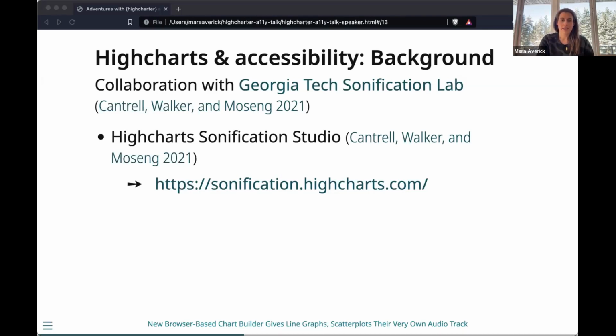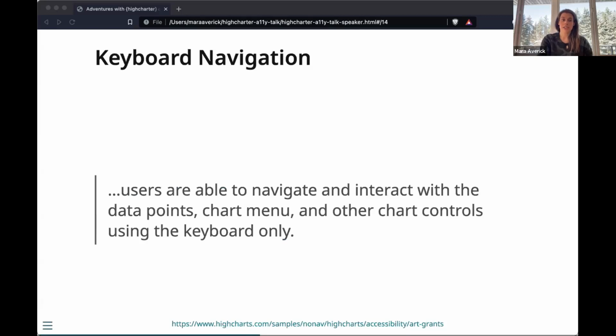All right, so some of the features. Keyboard navigation. Users are able to navigate and interact with several components, right? So the data points, the chart menu, and other chart controls using the keyboard only. So this kind of goes beyond just being able to get to the chart or around the web page on the whole. This means that they can